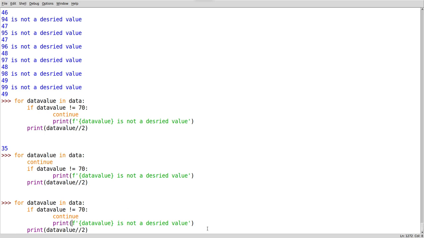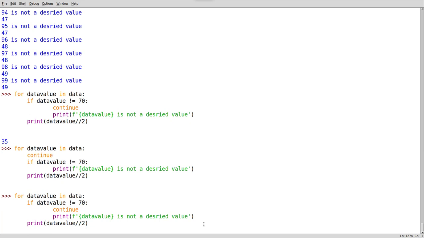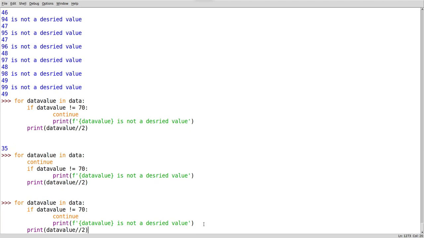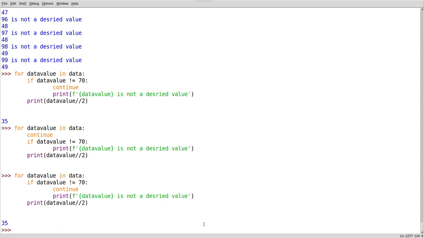Now I will add one more scenario. Data is equal to 1, comma 2, comma 70, comma 45, comma 70. Now I am creating one more list.